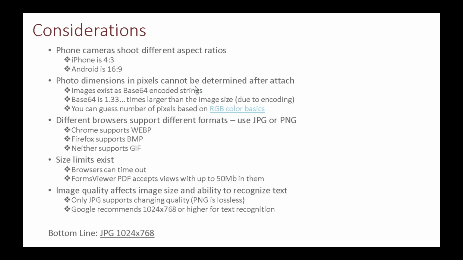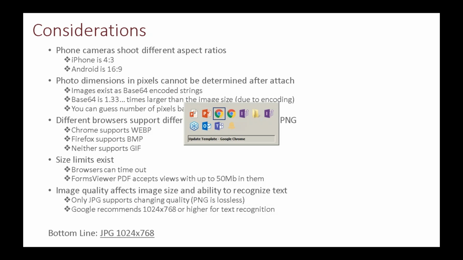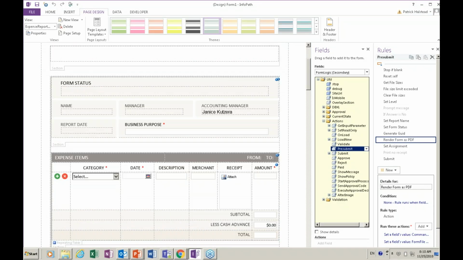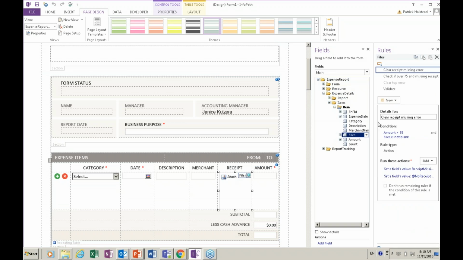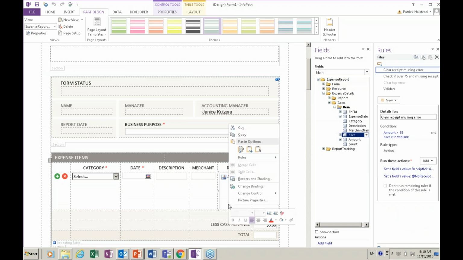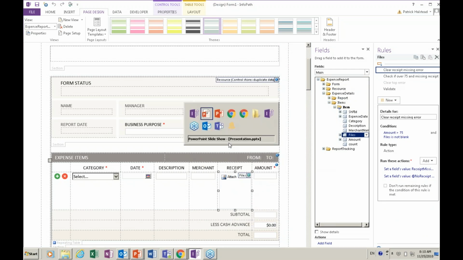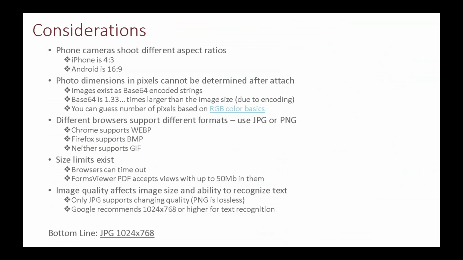In InfoPath, in FormsViewer, you have the default picture control. If we look at our form, we're going to demo in a second here, here's my expense report form. In here I have a receipt field, and if you look at it, it's just a default picture control with picture properties. This is kind of out of the box, right? But the InfoPath form knows how big it is when it displays it. The HTML knows how big it is, but